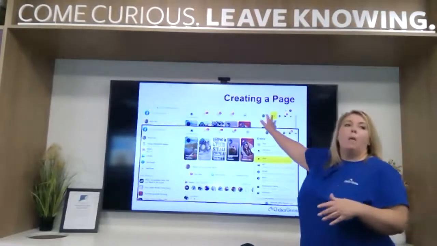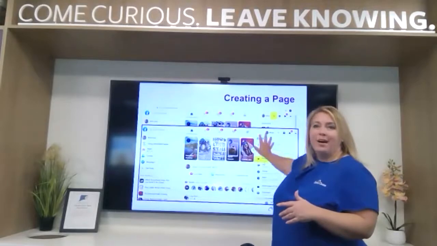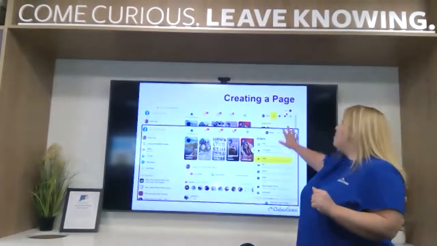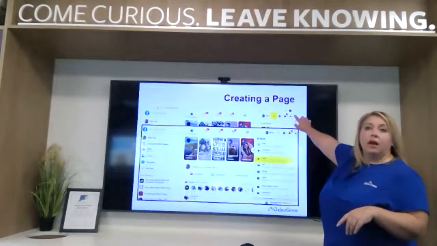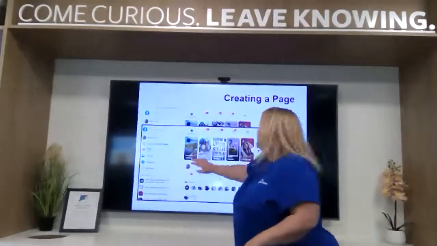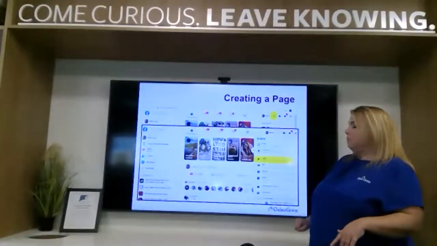This is all brand new content. This is Facebook's new way to look at things. This is new Facebook, so this plus sign's new. Before, we would have found it in this little arrow drop down button there, or in the side over here. But now we can create any new content by just clicking plus.